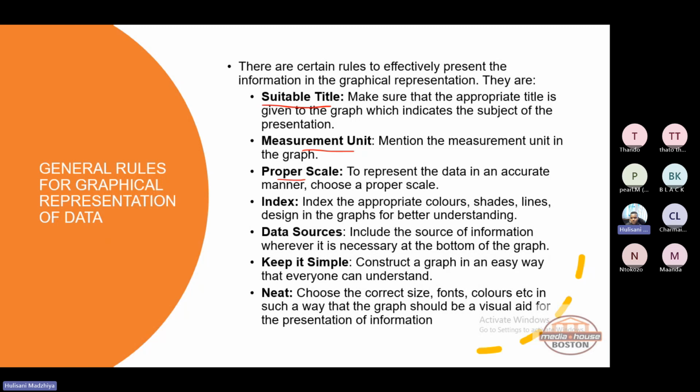So that will be your scale. Or we're going to measure this on a quarterly basis, from January to March. This also has to align with the data that you've actually collected or are using. If your scale does not go hand in hand with the data that you have, the presentation will actually be